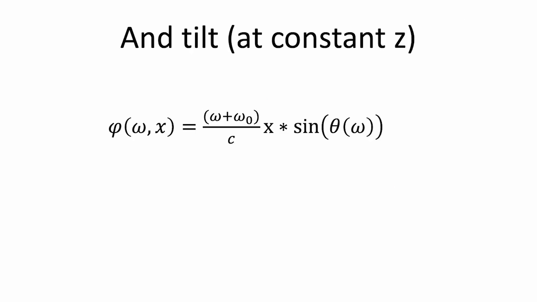So next. Okay, so what do we have here? The other thing we want to look at, we said before, if we have angular dispersion, you have tilt. So let's see the phase as a function of x at constant z. If we are at constant z, the term we get is not the cosine term, but the sine term. And then if we take the derivative of this, that's the group delay. Let's look at the time delay, sorry. Let's look at this next one.